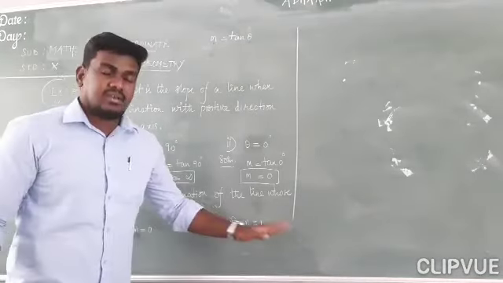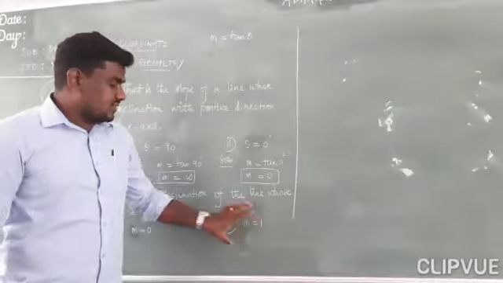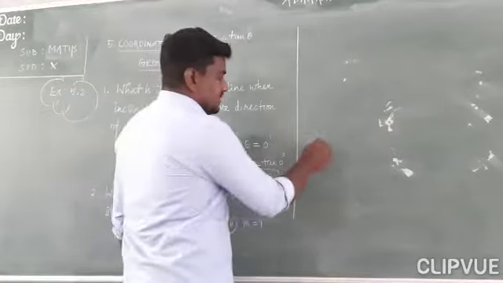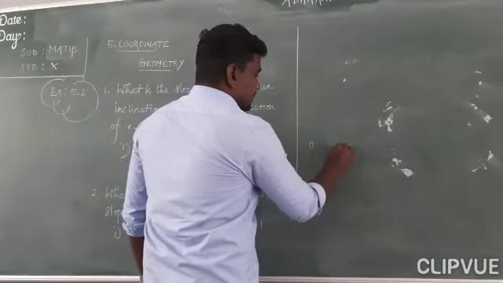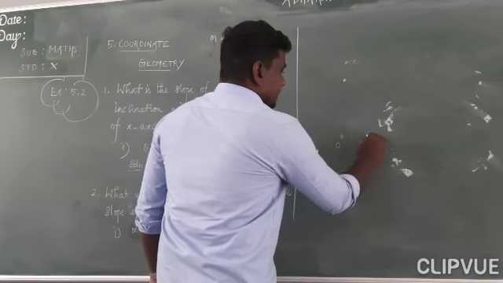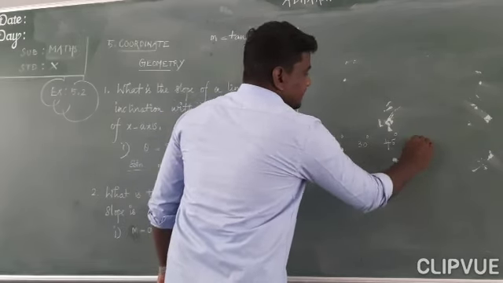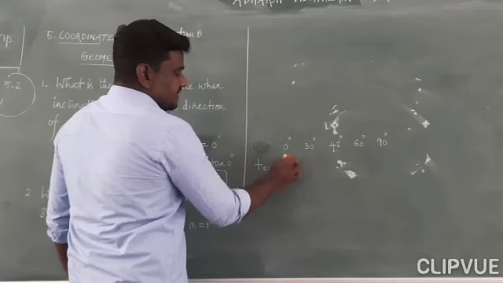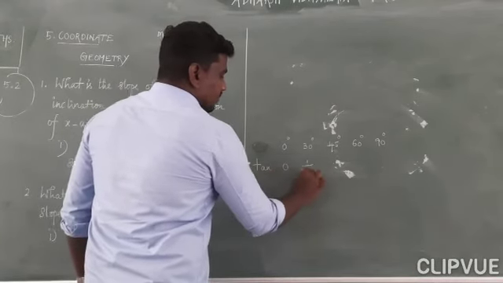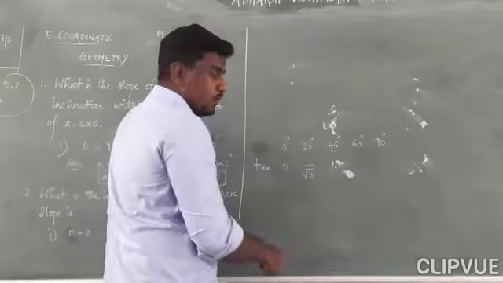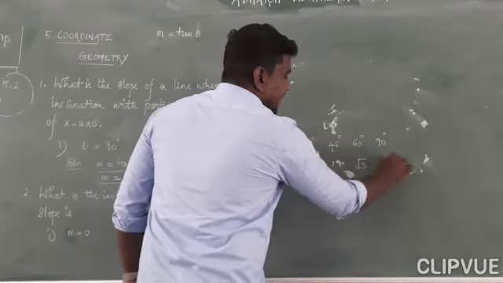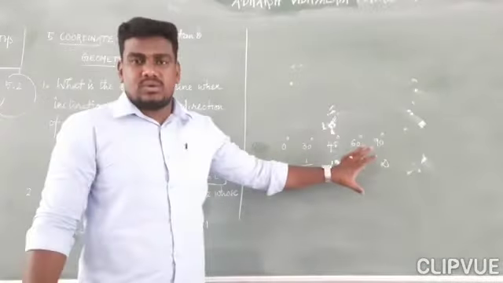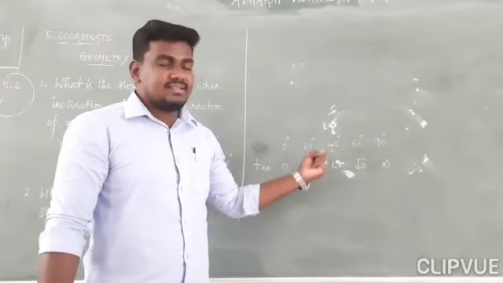First case, when m is equal to 1. Before going to solve this, we can write the values of some special degrees. If theta equal to 0, 30, 45, 60 and 90, then tan 0 degree is 0, tan 30 value is 1 by root 3, tan 45 is 1, tan 60 is root 3, tan 90 is not defined. Before solving problems like this, you can write it once. If you write this, you can get the result from this.